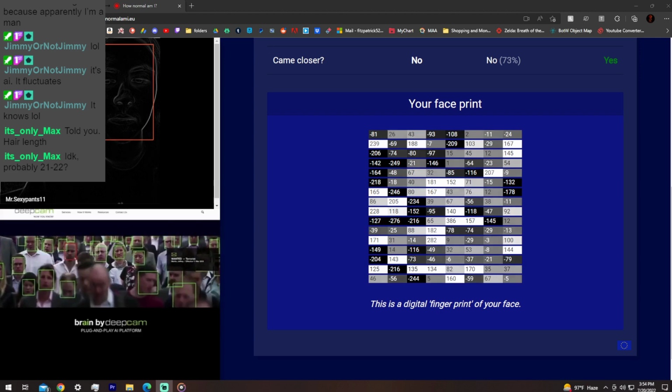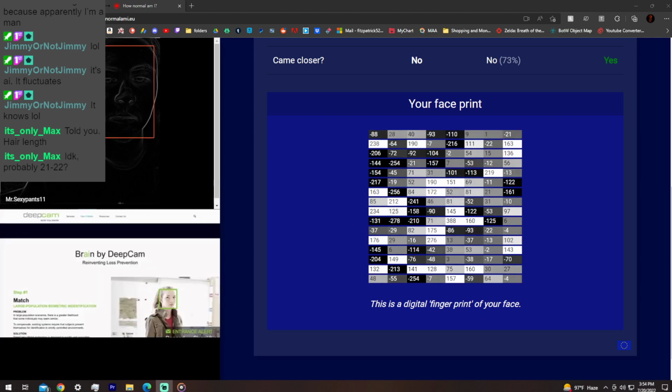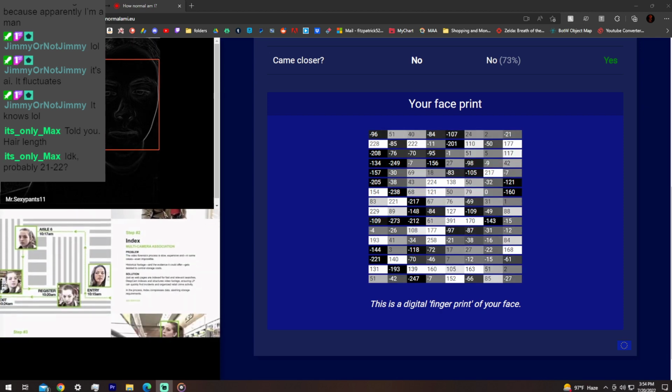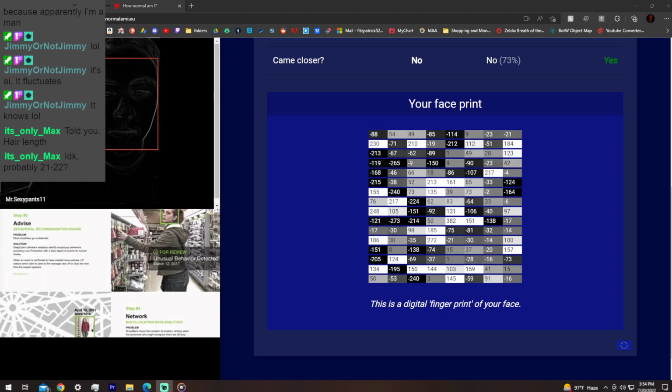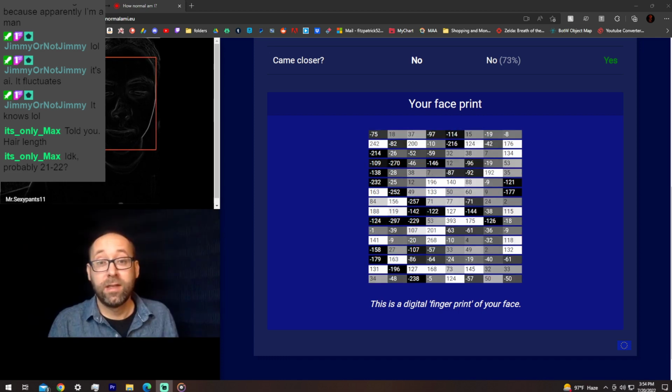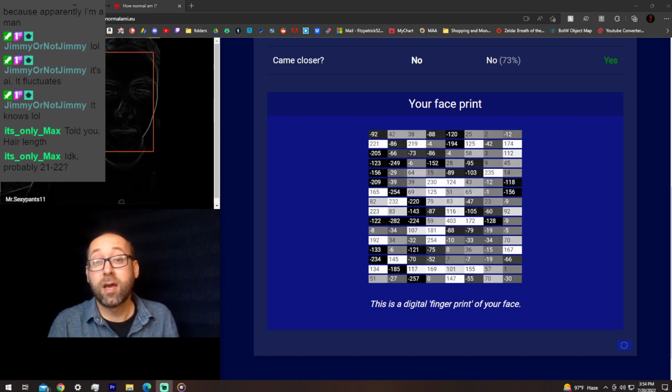You can now buy security cameras that have this capability built in. For example, in the United States, the pharmaceutical chain Rite Aid used these cameras to recognize people who had previously shoplifted from them. By the way, you didn't actually need to get closer to the camera for this to work.